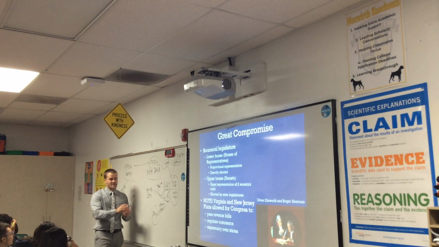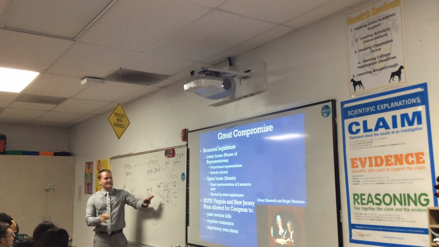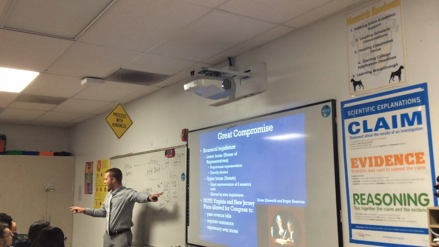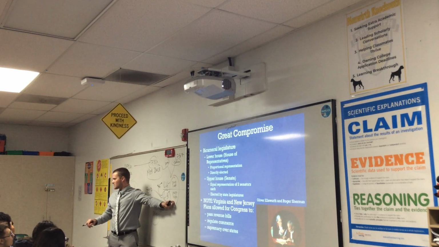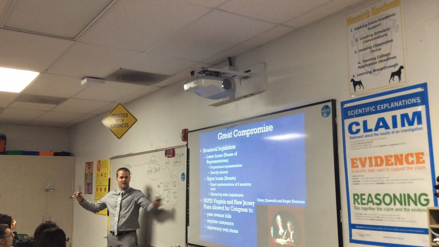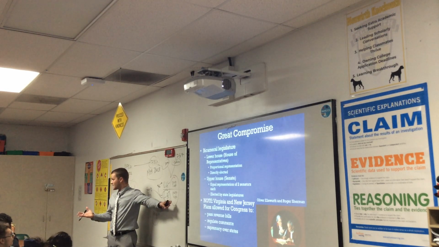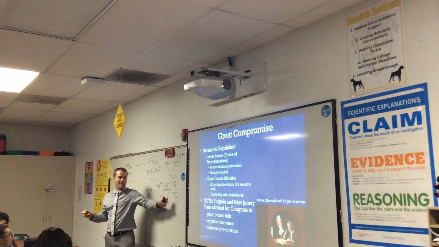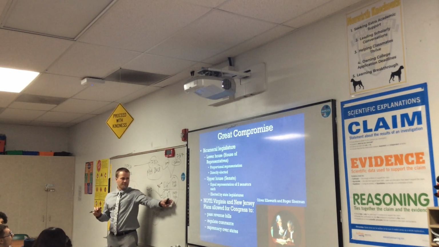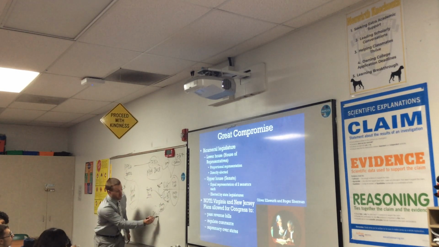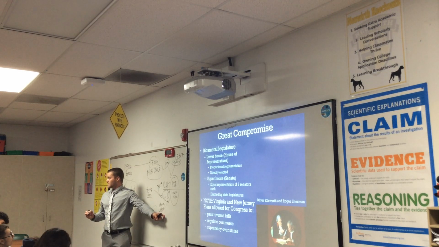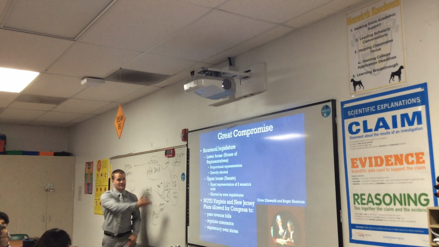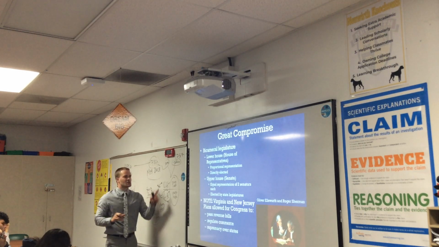The House of Representatives is the lower house, and it's going to stay exactly the same, just like the Virginia plan had it. It's based on population, so the more people you have in your state, the more votes your state gets in the House of Representatives. So it's based on population. Who does that benefit? Big states or small states? Big states. Good, good. And it's going to be voted on directly by the people. So far, so good. So just like the Virginia plan had laid out. The change is going to